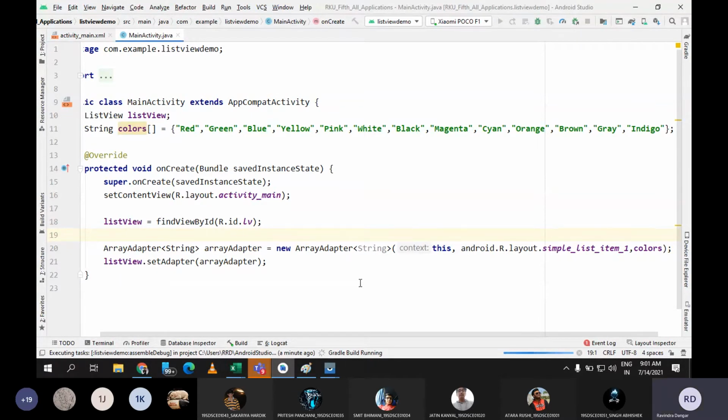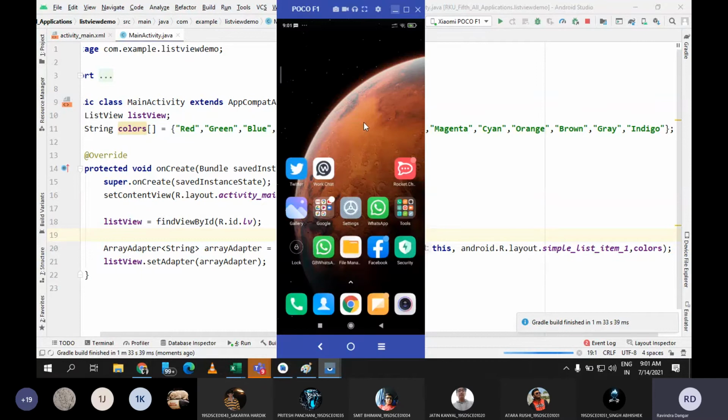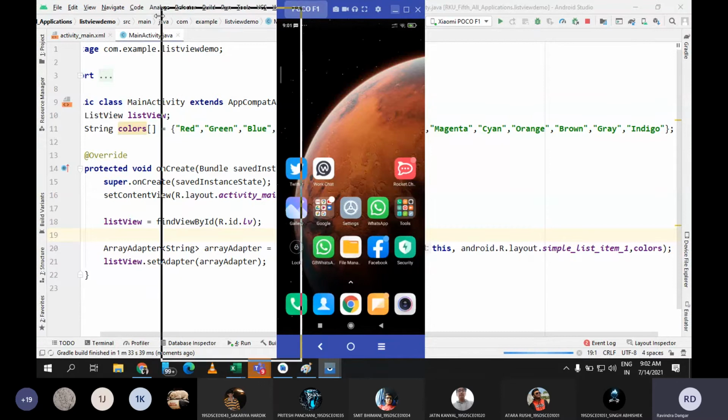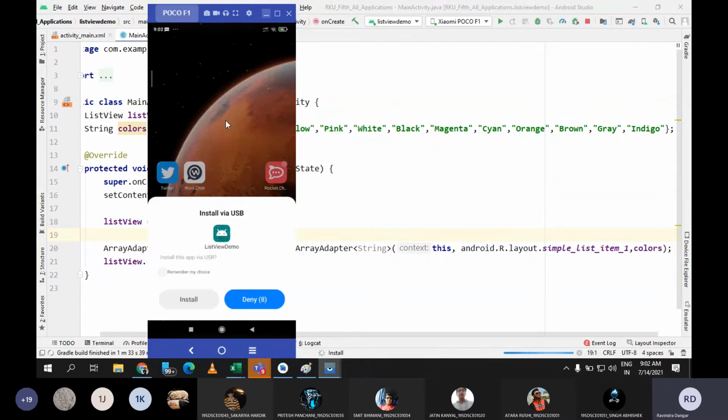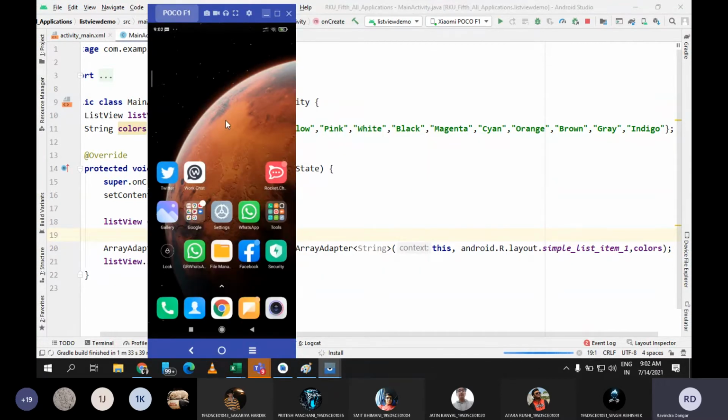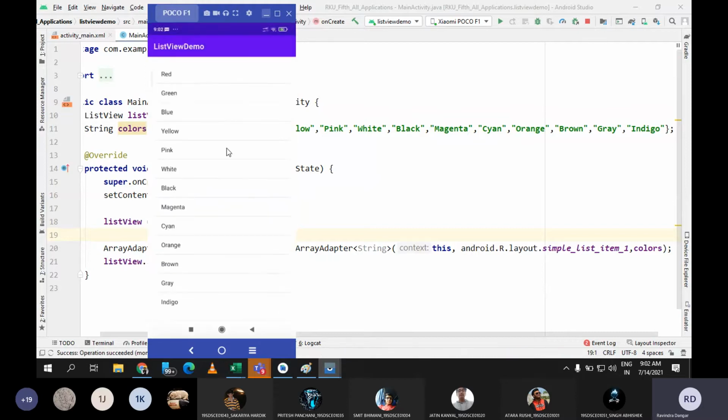So we'll have to wait till the application gets installed in the mobile. Very soon you will find, yeah, now it is getting installed. Let me click on install. And you can see